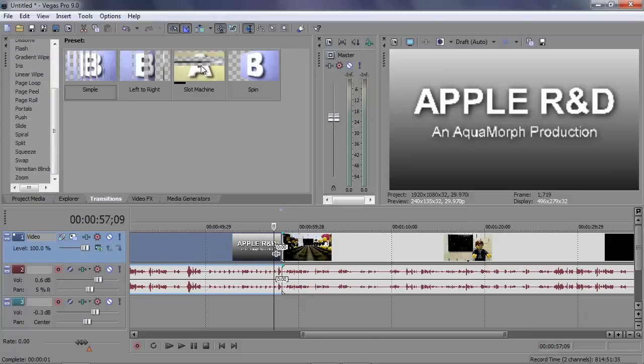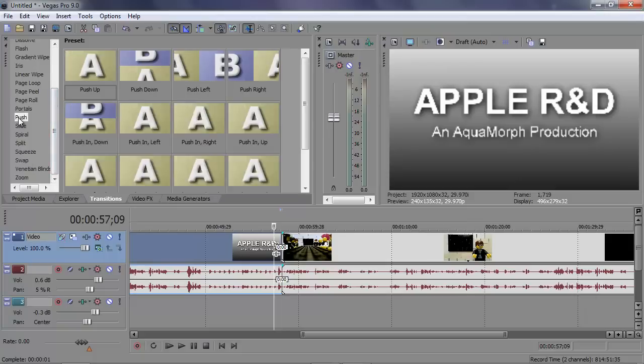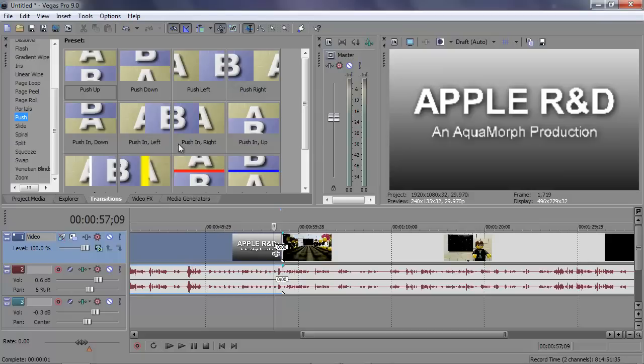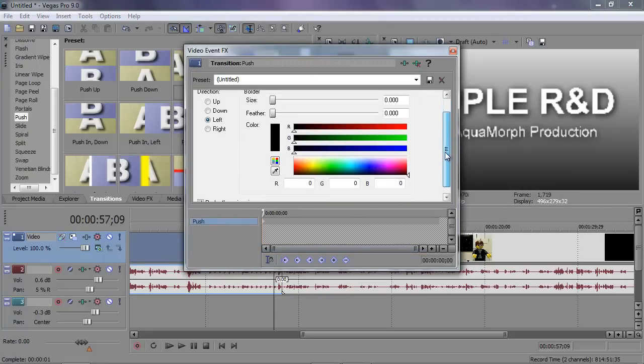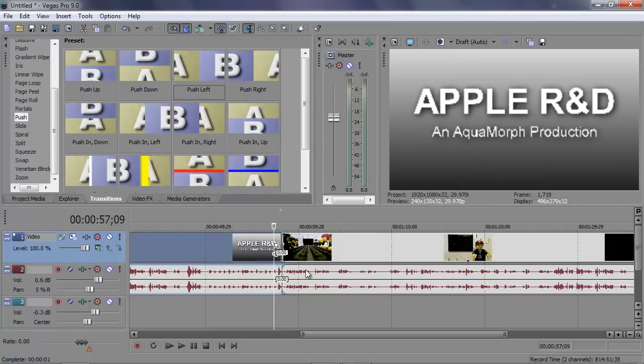I'm not a big fan of the slot machine or all these fancy ones. I just like simple ones that move in and out. So I like push. Push works really well. So maybe I just want to push left like that. You click on it, and you drag it right where there's that little line between the two videos. You just drag it down, and you've got different options for each transition. You can just close this,